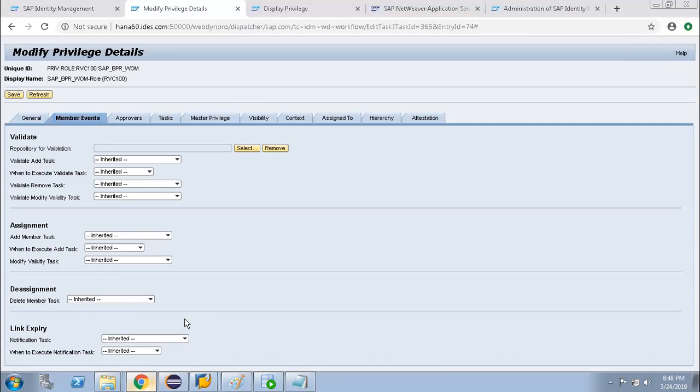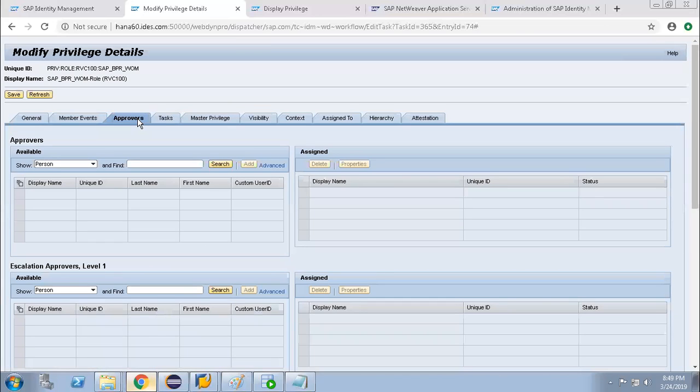The purpose is definitely there, and I will tell you later. Normally, if you have an approval workflow or a GRC configuration, that time the member event task is required.